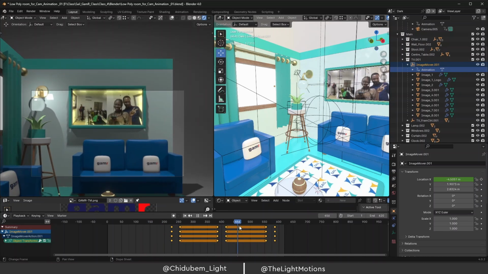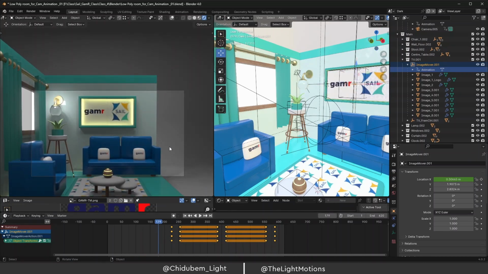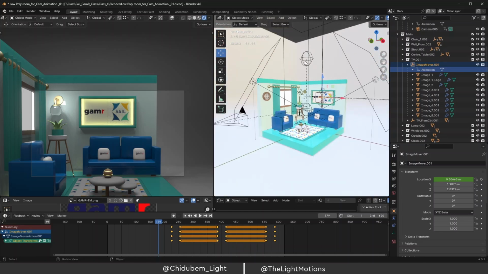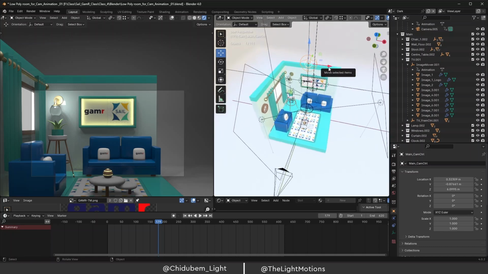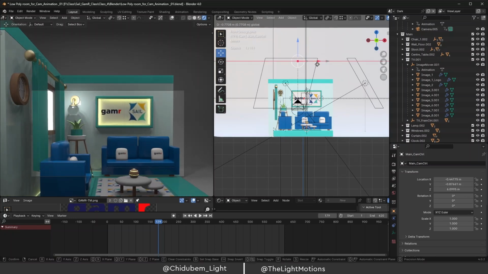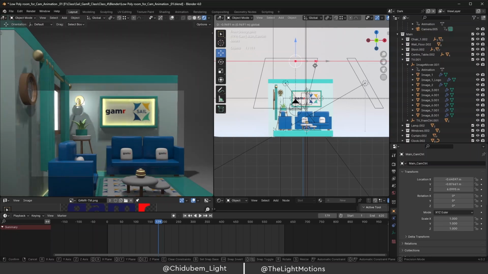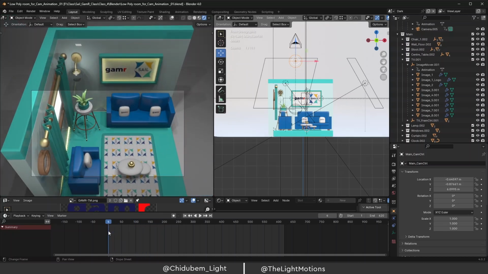It pans this way. Then to a large extent, I can see some empty dead space here that is just not useful. Since that's the case, I need to come here and select this. Let me be in front view, then drag this way, then I can move everything this way. At least there'll be more room to focus on more interesting things than that dead space that was there before. So with this now we have